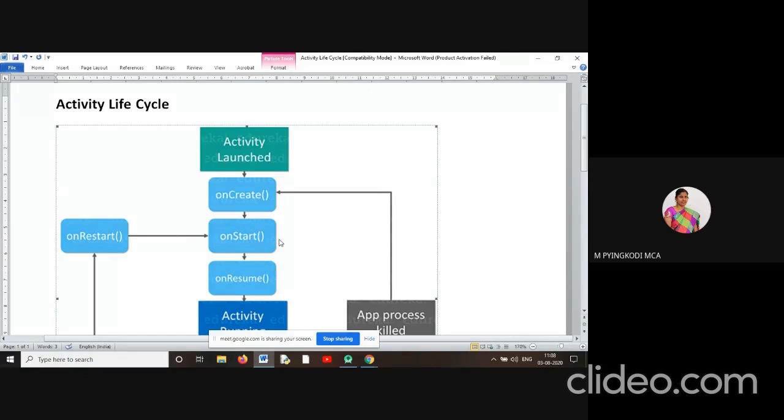Once the icon is clicked, the onCreate method will be called. After that, there is no need to call onStart, onResume explicitly. Once you click WhatsApp or Gmail or some other app on your Android device, these 7 methods are called automatically, not by the user.